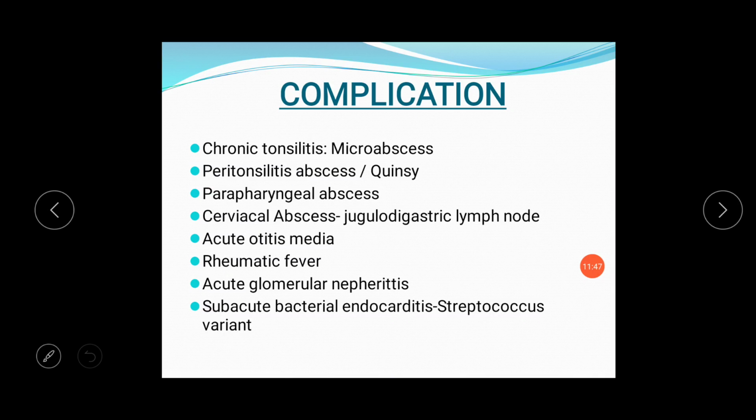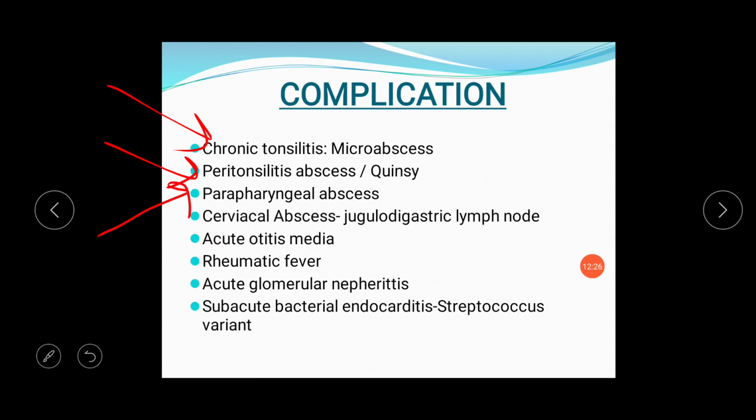Complications of acute tonsillitis: sometimes some of the infection remains in the tonsil after an episode of acute tonsillitis. This infection will usually flare up when the patient's immune response is low, and that will convert into chronic tonsillitis after repeated episodes of acute tonsillitis. Sometimes after an episode of acute tonsillitis, pus will burst through the capsule of the tonsil, and that will develop into peritonsillar abscess or quinsy.